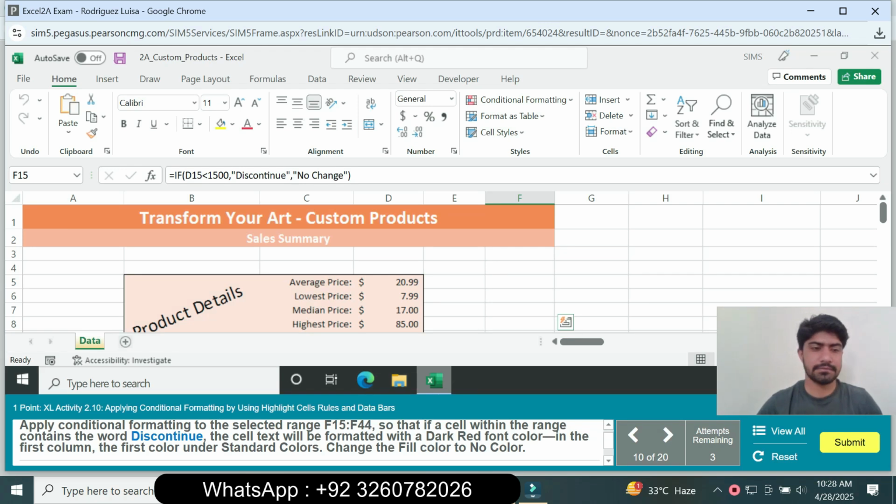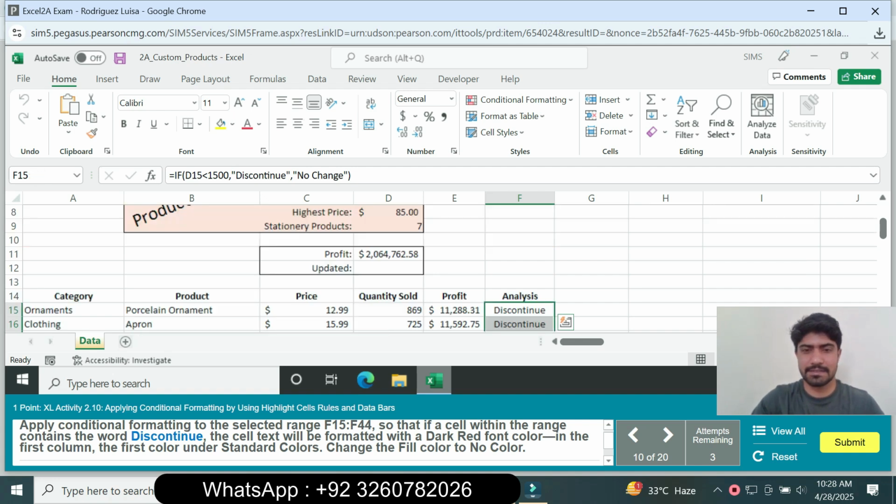So question number 10 is apply the conditional formatting to the selected range F5 to F44 so that if the cell within the range contains the word Discontinue, the cell text will be formatted in dark red font color, in the first column, first color under standard colors, and change the fill color to no color. So type F5 to F44, press enter. So select the range F5 to F44